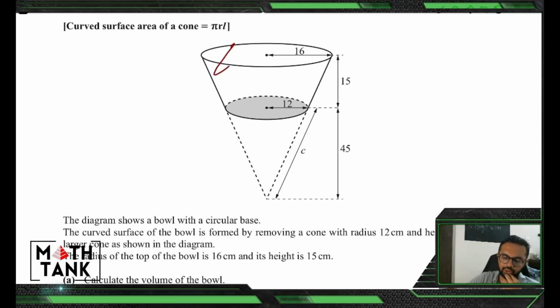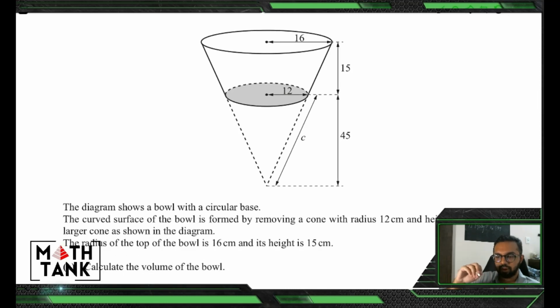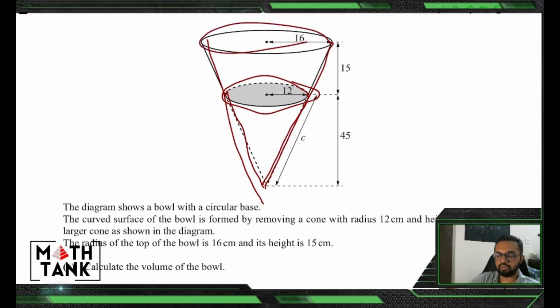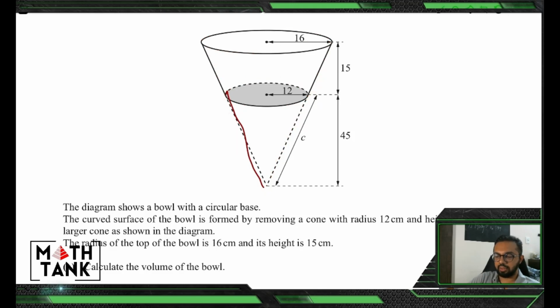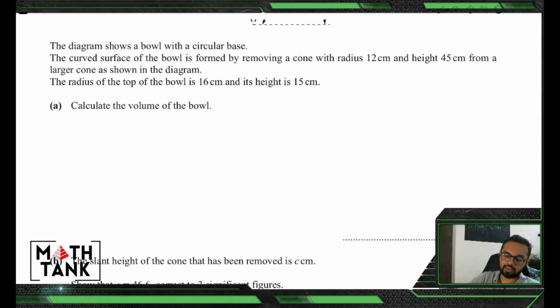Now remember that the bowl itself is not a standard shape. If you don't have a formula for the volume of this shape, what you do have is the formula for the volume of a cone. So you see two different cones. I see this small cone and I see this larger cone. So what I can do is I can say that the volume of the bowl is basically